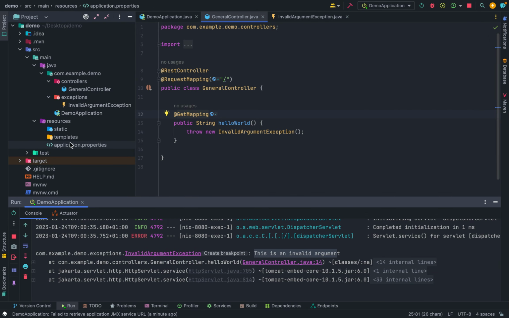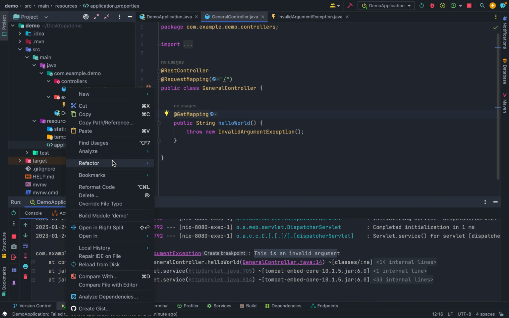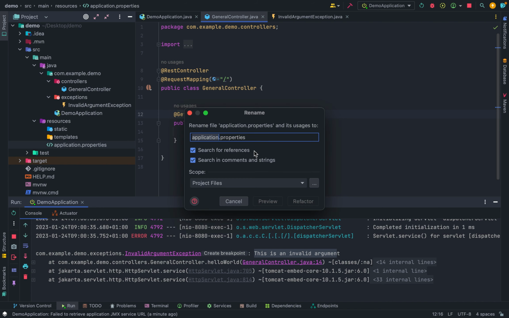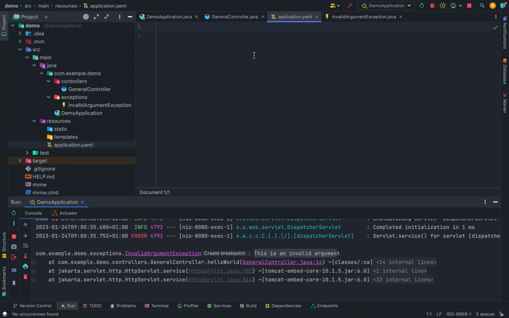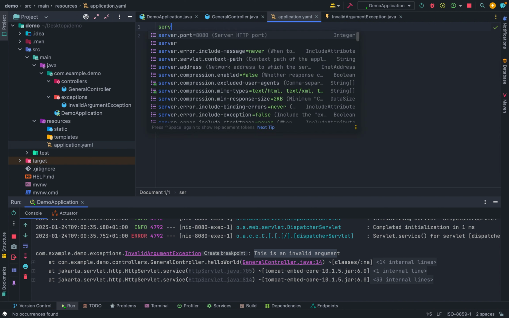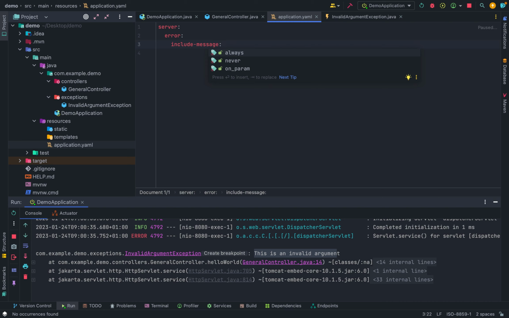So to include the message, just come to your resources folder, your application.properties. I'm going to refactor this name to application.yaml and open that up. So you just change server.error.include-message and set this to always. So server error include message always. So if I restart this server now,